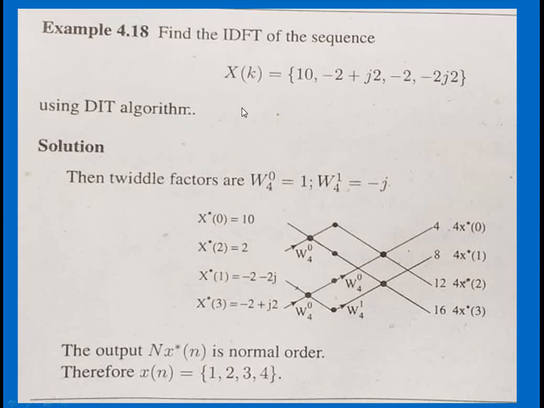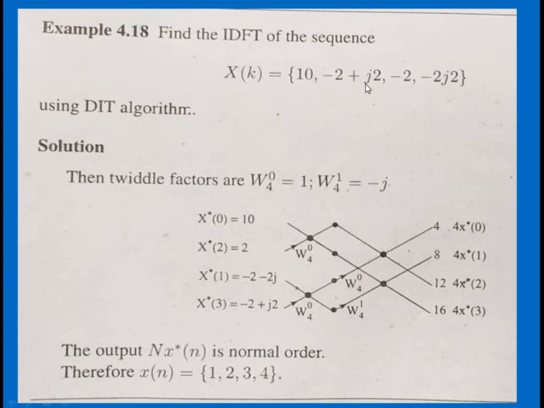So the formula required is a conjugate. So we are just going to have a conjugate of the input values. So the real part, if you take the conjugate, is going to be 10. In the second one we are having minus 2 plus j2. So after reversing, x of conjugate of 2, the value of 2 is minus 2, so here it is minus 2 only. I have missed this minus over here. Okay, and x of 1 is minus 2 plus j2.